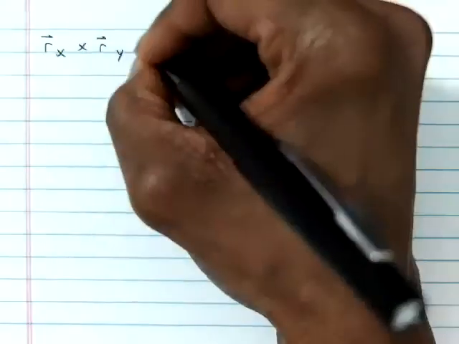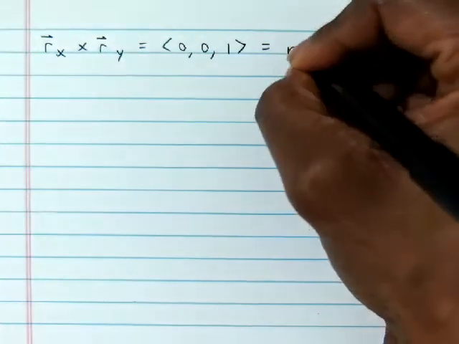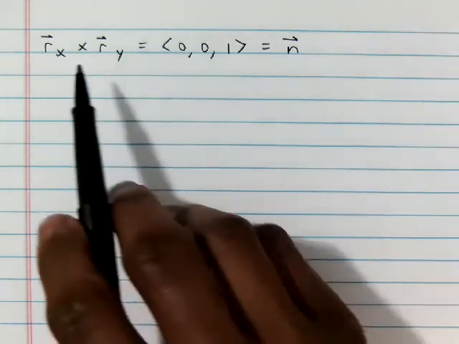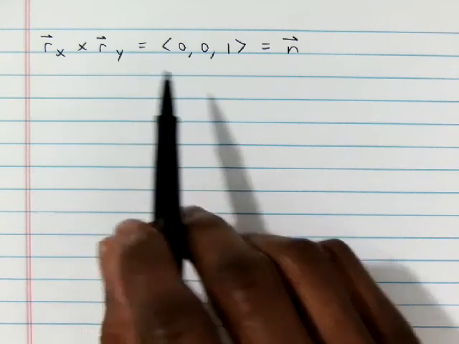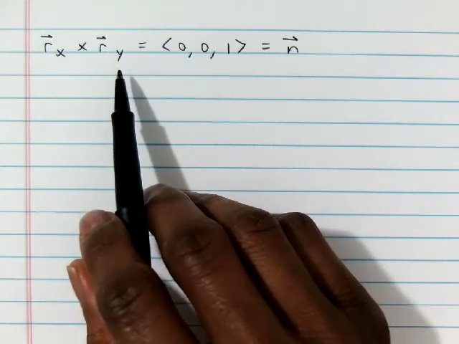But r sub x cross r sub y, now I'm assuming I'm doing this in the correct order, would actually end up in this scenario being equal to 0, 0, 1, which just so happens to be what we chose when we looked. I mean, we didn't really have any option with that plane, but usually you would have different things that you can end up encountering. Or what happens is that your parameterization doesn't match this normal vector, and then you remember you have to plug your parameterization into your function, your vector